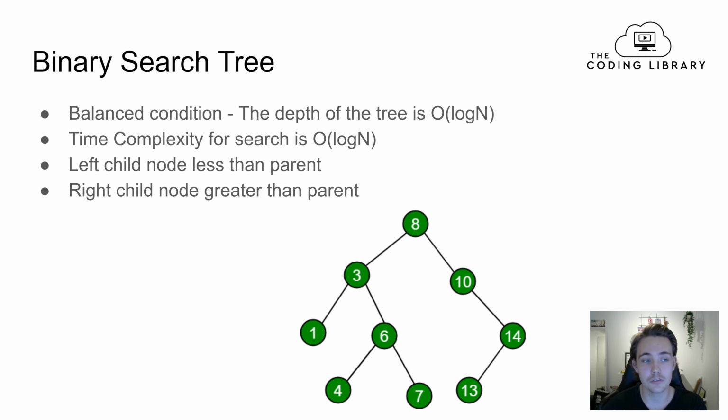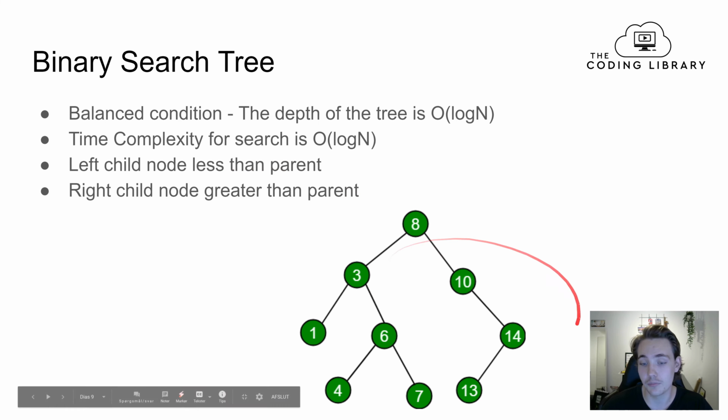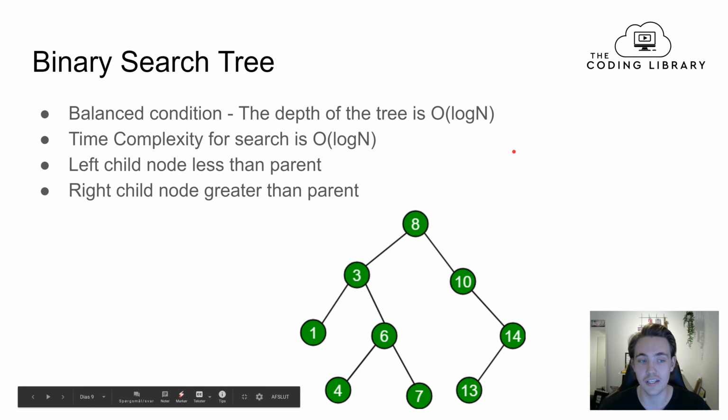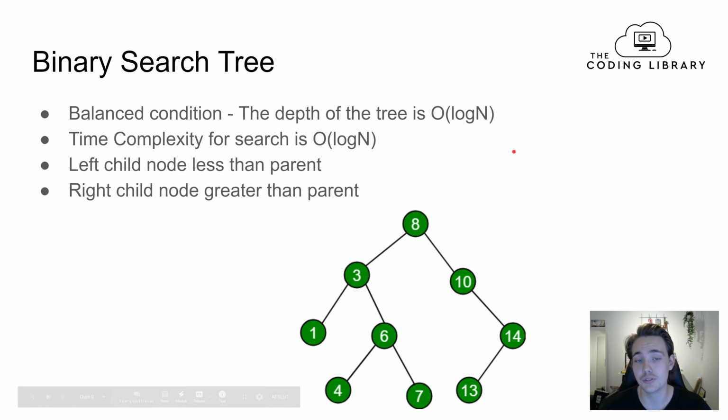And we also have the binary search tree, where we have this balance condition from the left subtree to the right subtree. So we have some kind of balance. Then the depth of the tree is O(log n). So we have this time complexity for searching in the tree, because the depth of the tree is O(log n). That implies that the time complexity for searching in a binary search tree is also O(log n),